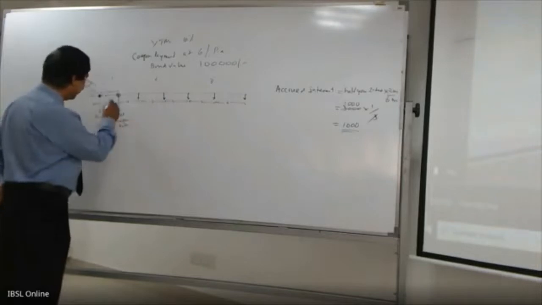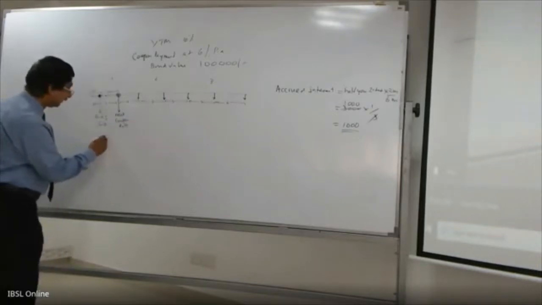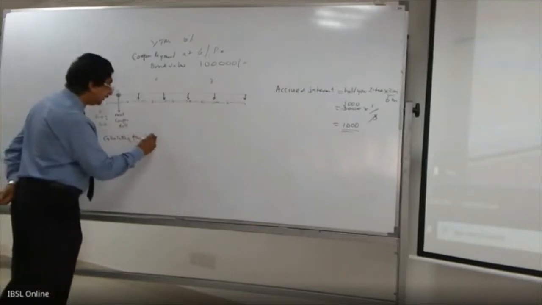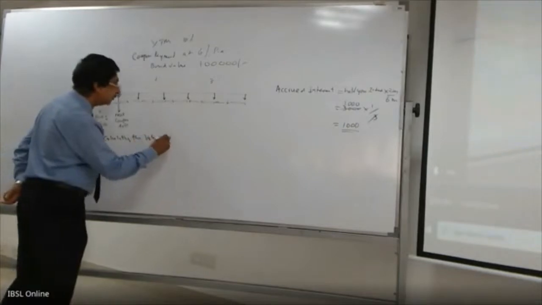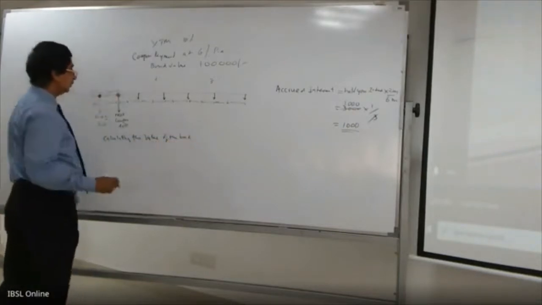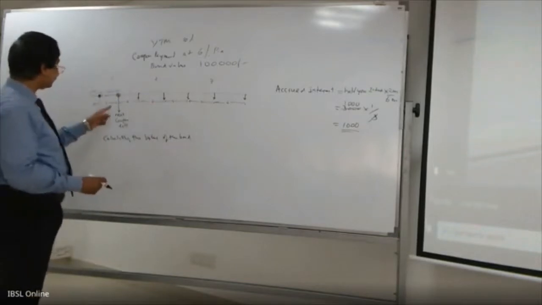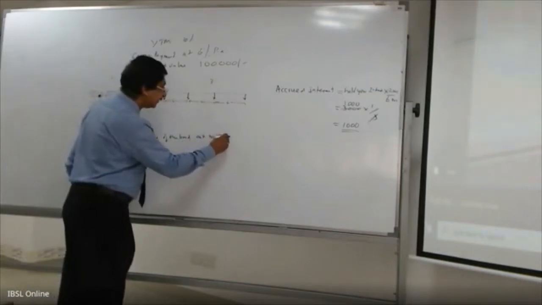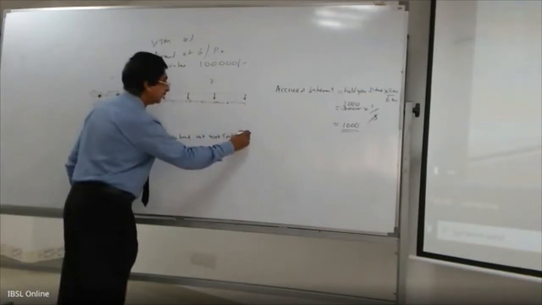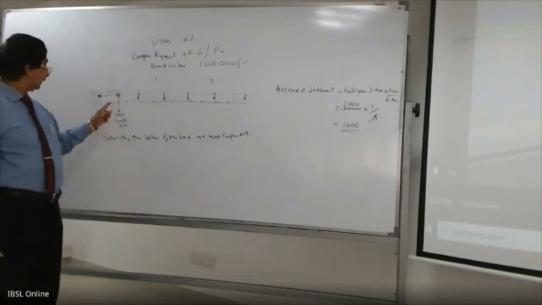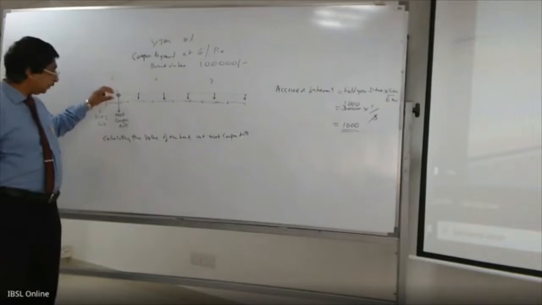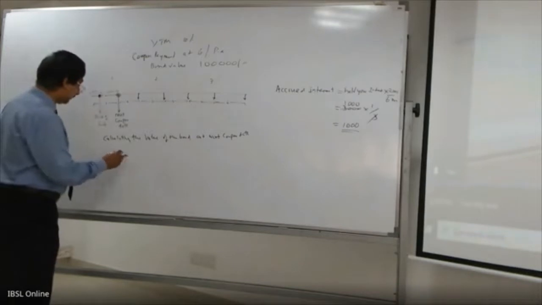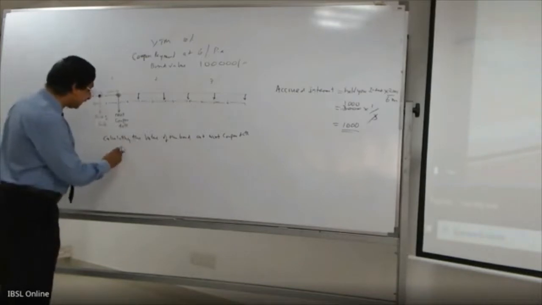Now what we do is calculate the value of the bond at the next coupon date. This is the next coupon date. Now to calculate the value of the bond at the next coupon date, what do we do? We can just say the price is P. P equals